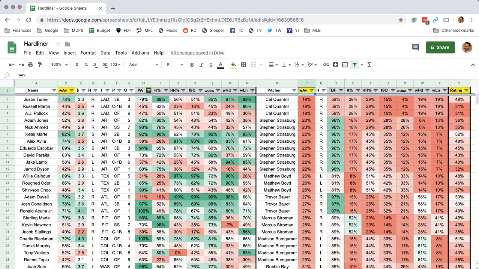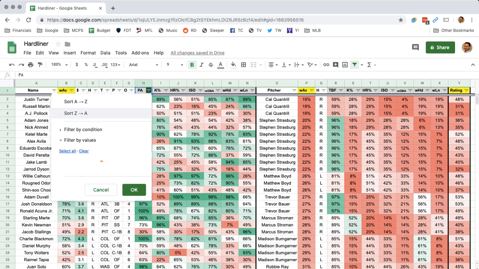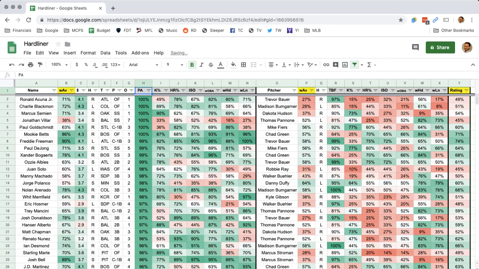What we have here on the batter side is percentile rank of plate appearances against the handedness of the pitcher. Mookie Betts, Paul Goldschmidt, Jonathan Villar, Marcus Semien, Charlie Blackmon, Ronald Acuna, those guys are all 100th percentile in plate appearances against the handedness of the pitcher they're facing. I don't care about what the actual number is. I just know that they have a bunch of plate appearances, and whatever I see in the data columns to follow, I can feel really good about because I know that it's in a large sample size.